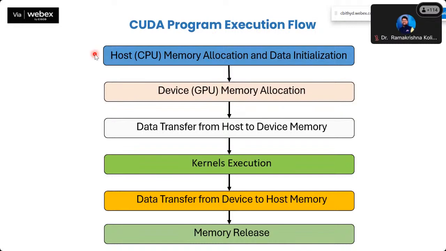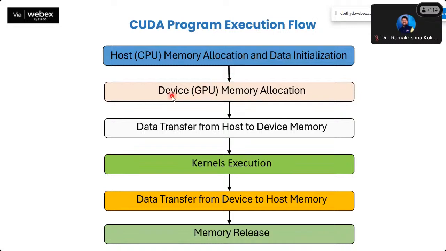allocate the memory on the host machine. Host machine means the CPU and its RAM. RAM is the memory where, first of all, we have to allocate some space, and after that we have to initialize the data over there on the CPU. That entire thing is happening on the host machine. After that